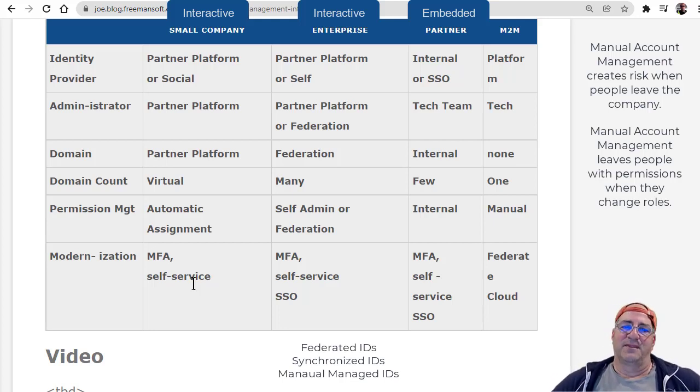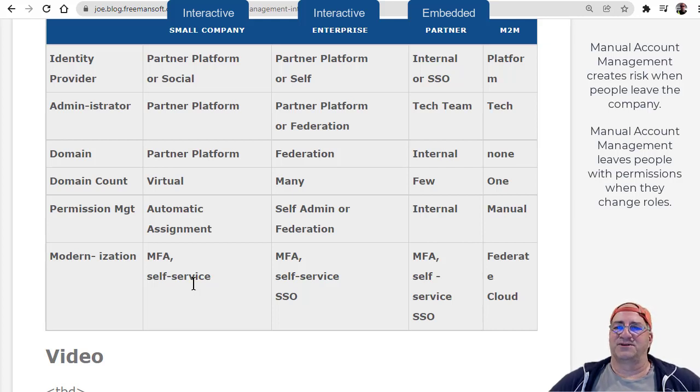And then on the last column, we just have the machine-to-machine platforms, and the only thing I was going to say there is these are basically the forgotten stepchildren of security, and in a lot of cases, they're not integrated with the people partner platform, and they tend to be standing off on cul-de-sacs. There's a lot of risk in these, and I think the biggest improvement is to start federating these machine-to-machine APIs back into the partner system.